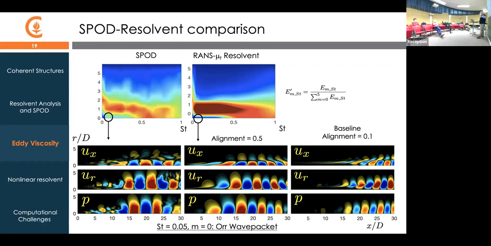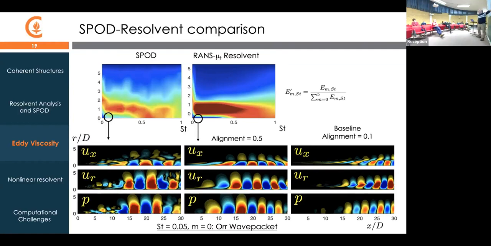And then how do you make the deductions about the mechanisms? Well, by looking at several different things, right? So looking at the patterns that you see in the different variables. So comparing the velocity components to the pressure. And don't you see that in the SPOD mode? It's the same mode. You do, it's the same.